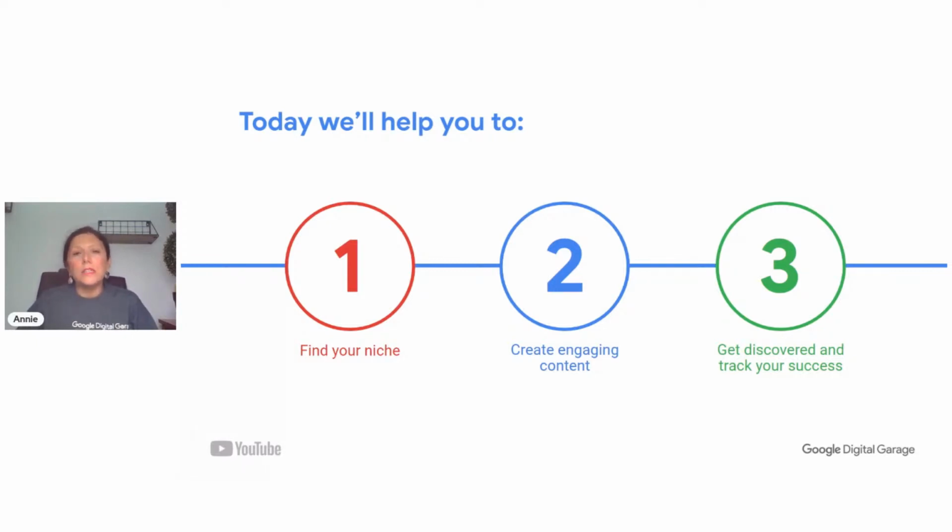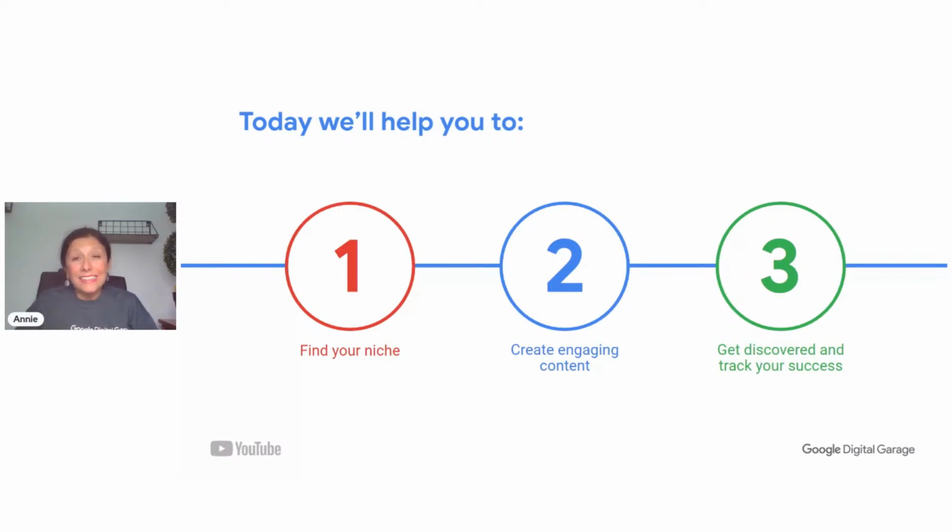So today we're going to talk all about one of my favorite subjects, as I say, YouTube and creating videos. So the first thing we need to do is establish and find our niche, because if we start to try and speak to everyone, we don't speak to anybody particularly well. So this is all about what are we passionate about and really looking at who our audience is. The next thing we're going to look at is how to create engaging content for YouTube. So that's where we'll look at some planning and also shooting, with some tips along the way about how we can create that compelling and engaging content that we want to create for YouTube.